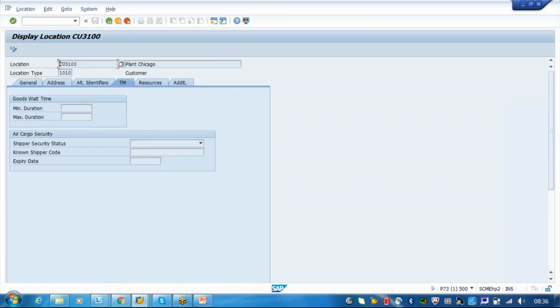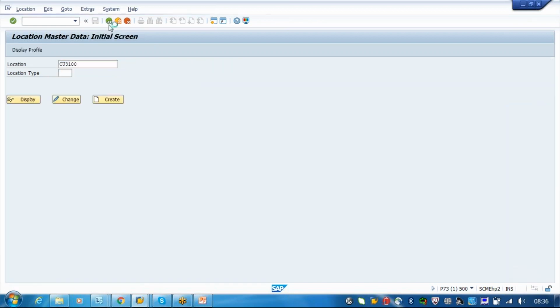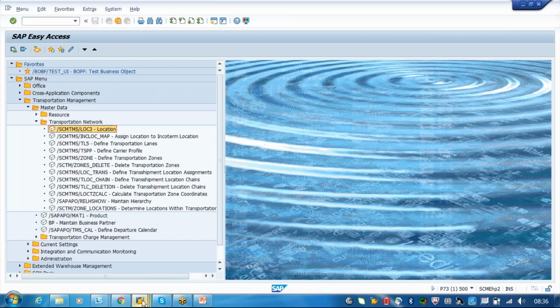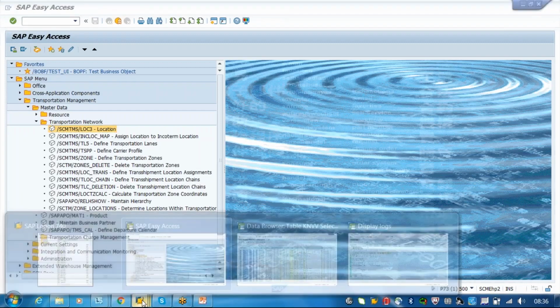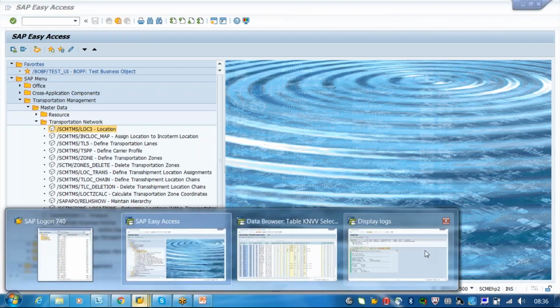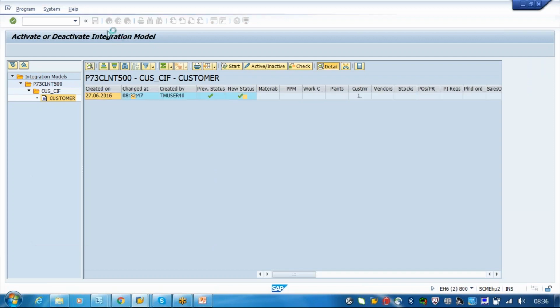Okay, and I will come to here. What are these again, when we are discussing the location? Today it's only the transfer of the data. In the same way, you can go with the plant creation also. So I will transfer some of the plants. Now I created this, right? So I will go to CFM1 again.